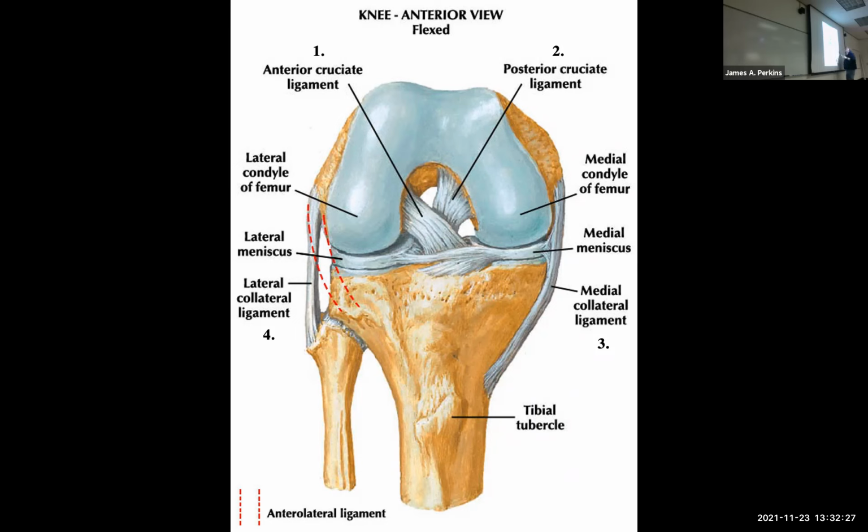They both help to stabilize the knee, preventing primarily anterior-posterior dislocation of the knee, preventing the tibia from being pulled too far anteriorly or being pushed too far posteriorly relative to the femur. But they're very commonly injured. So people who are involved in contact sports like hockey, especially American football, to a lesser extent soccer,